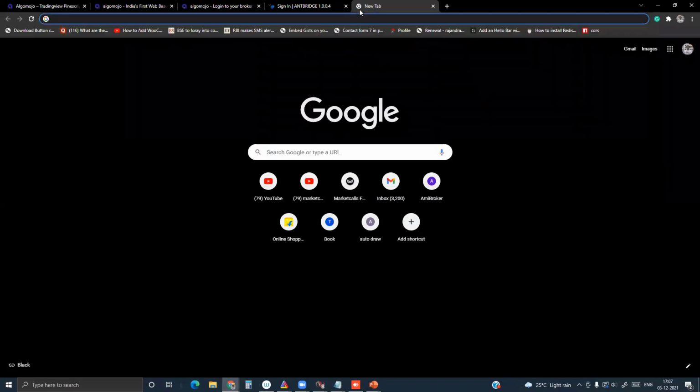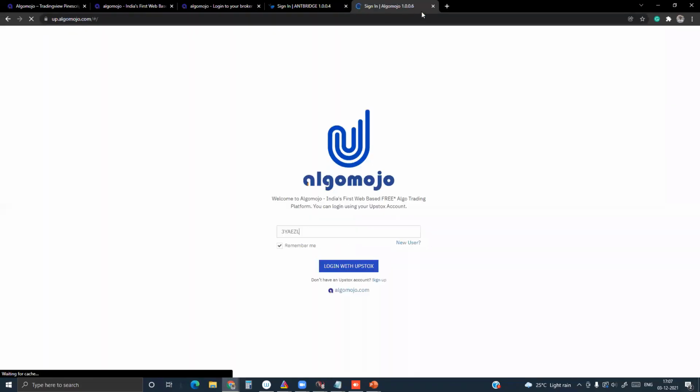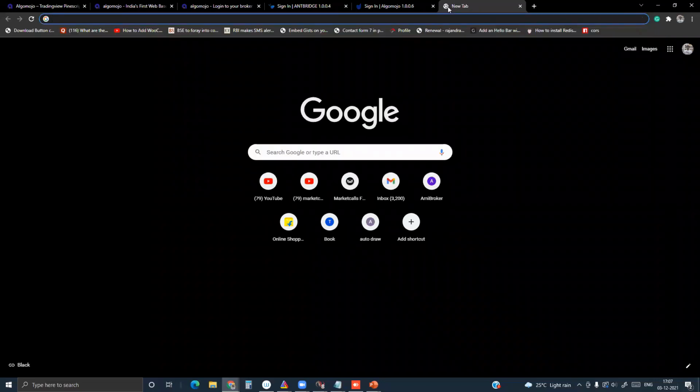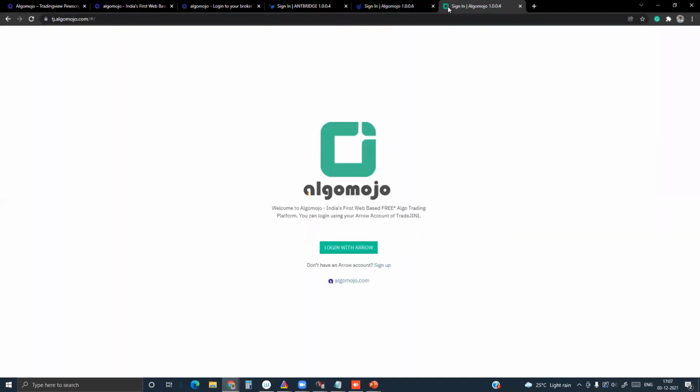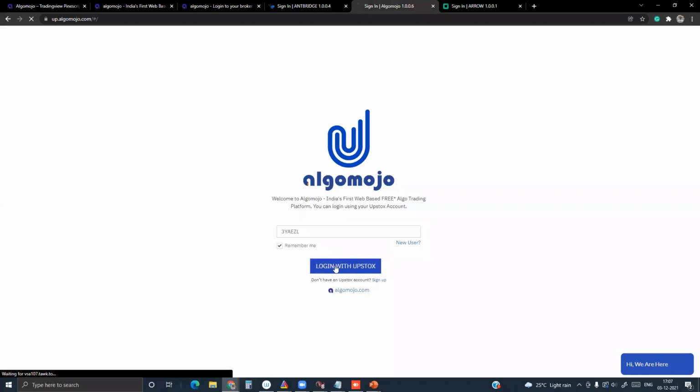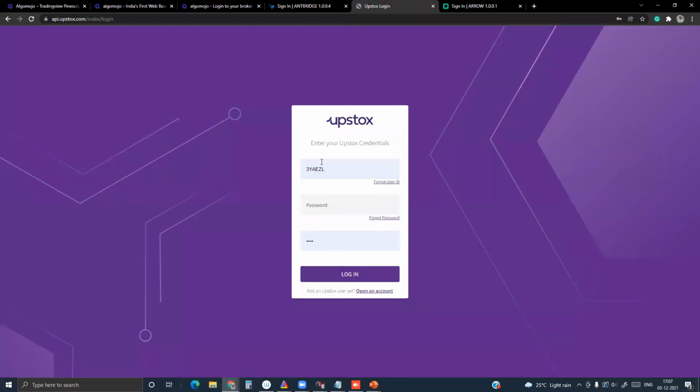For Upstox, you can also type up.algomojo.com, or for a Tejan user, tj.algomojo.com, and log in with that respective broker's credentials. Once you enter those credentials, it goes to the broker portal where you'll enter the login ID and password.